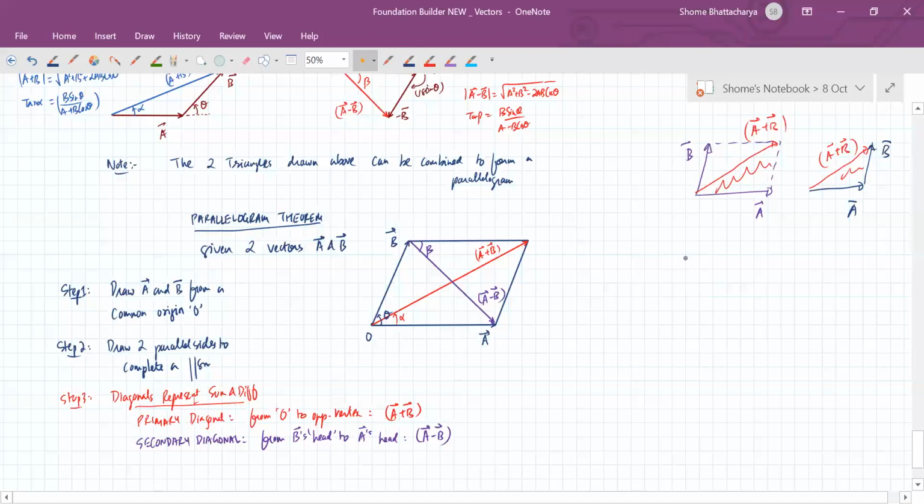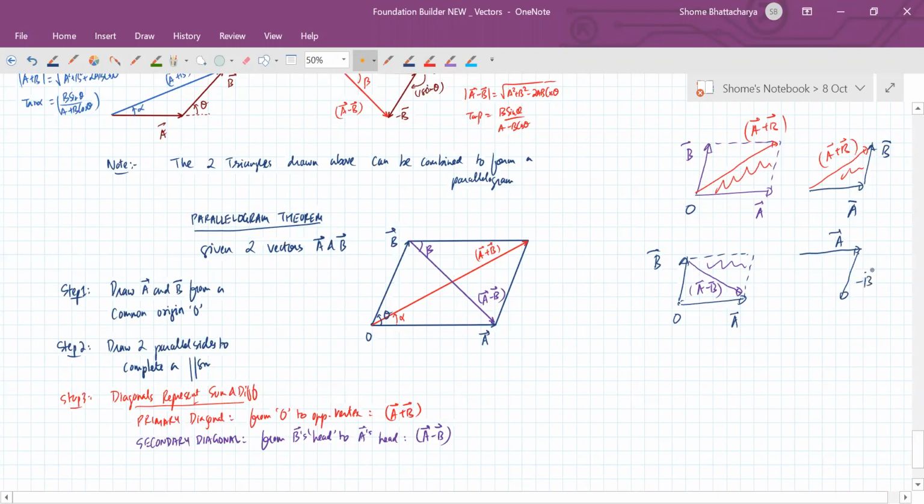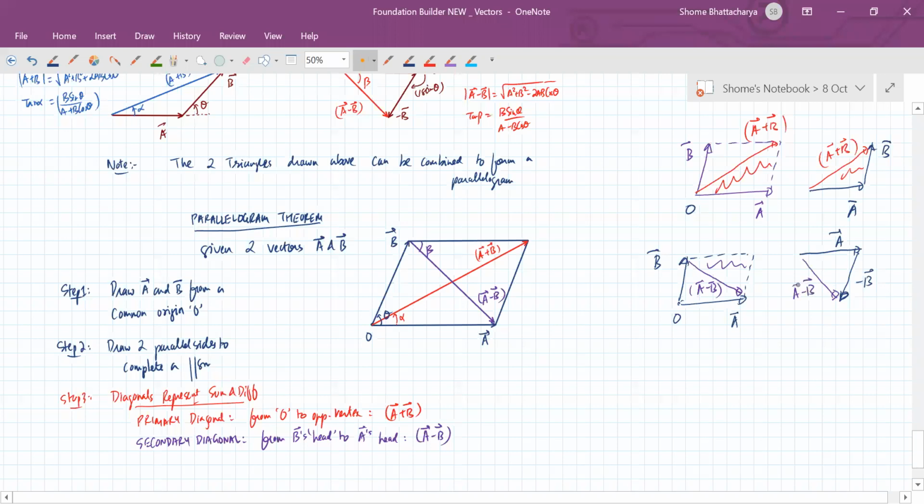Okay. And similarly, in this parallelogram, if you draw this secondary diagonal from here to here, then this triangle here is the same as the triangle we used to construct for A minus B. So in other words, it's just a convenient thing, that the two triangles have been combined to form one shape, which is the vector parallelogram, and these are the steps for doing that completion.